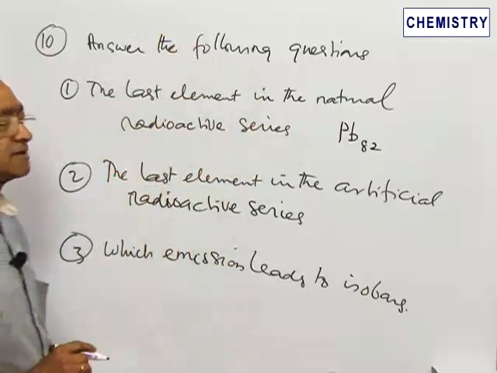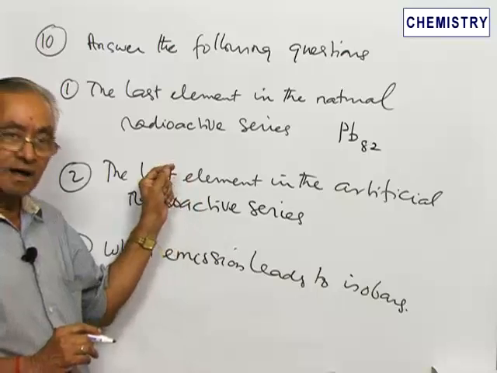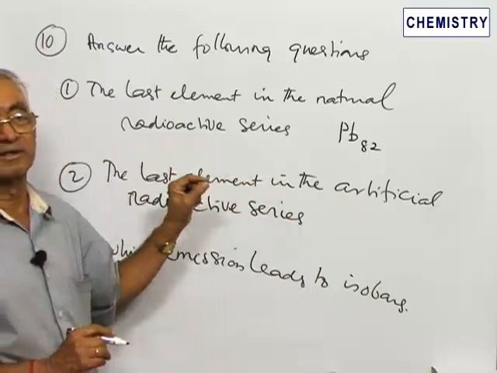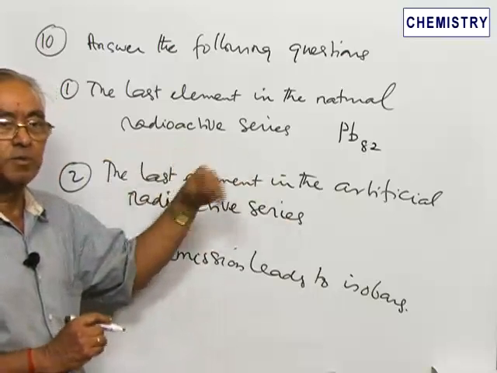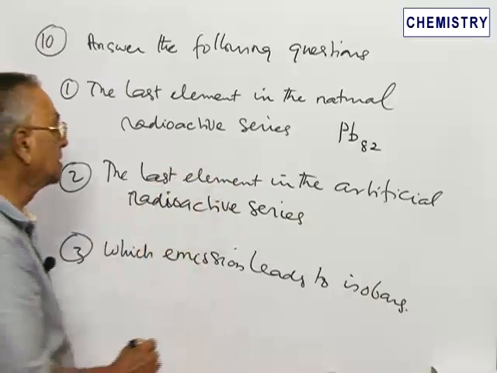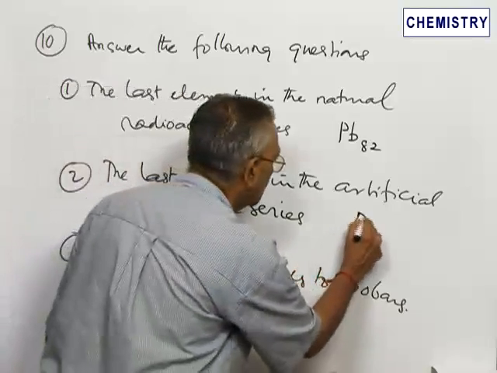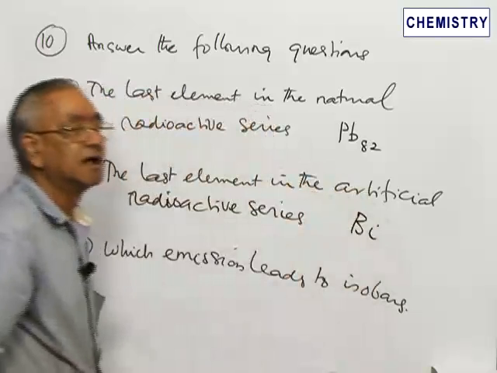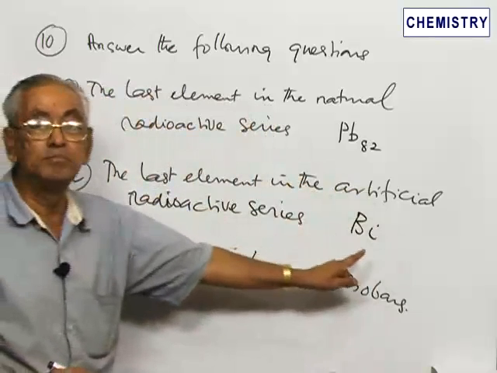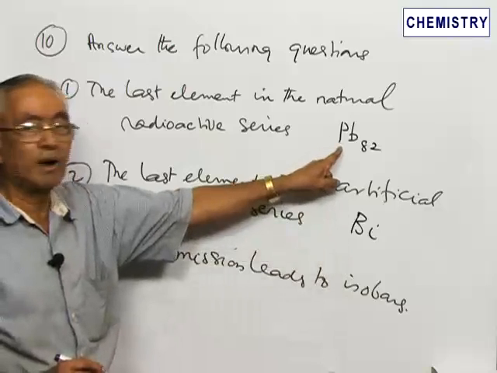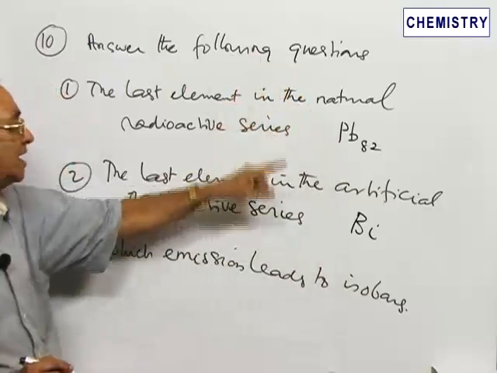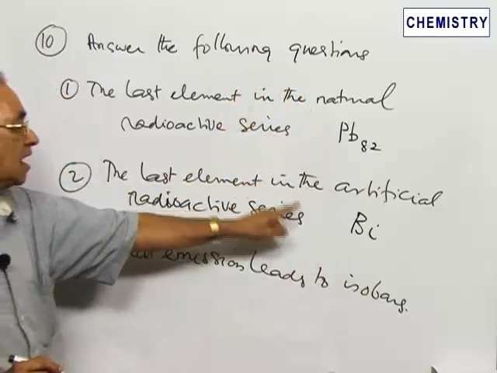Then the next question asked is, what is the last element obtained in the artificial radioactive series? There are certain transmuted elements, artificial elements, which are not naturally occurring. What will be the last element obtained in this? The last element obtained in the artificial radioactive series is bismuth. So lead is the end product of natural decay, and in the decay of artificial elements, the last product